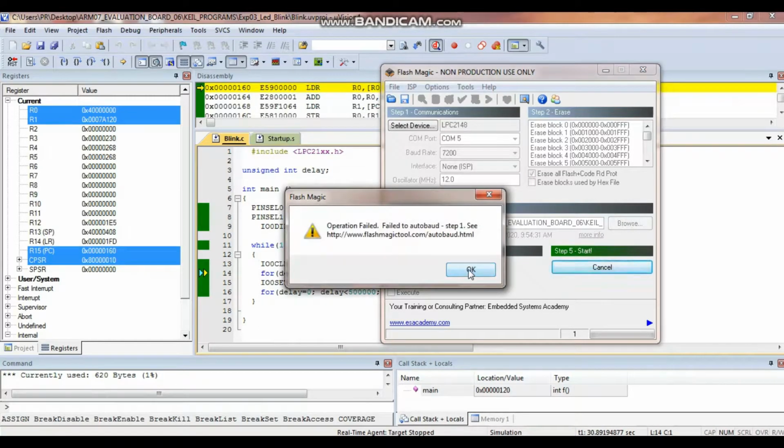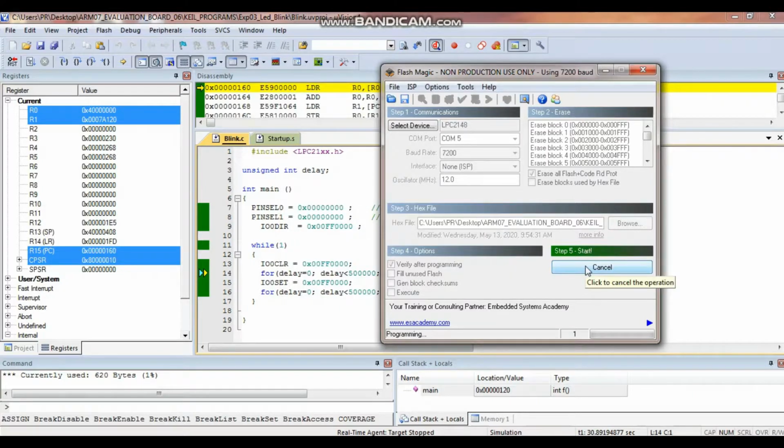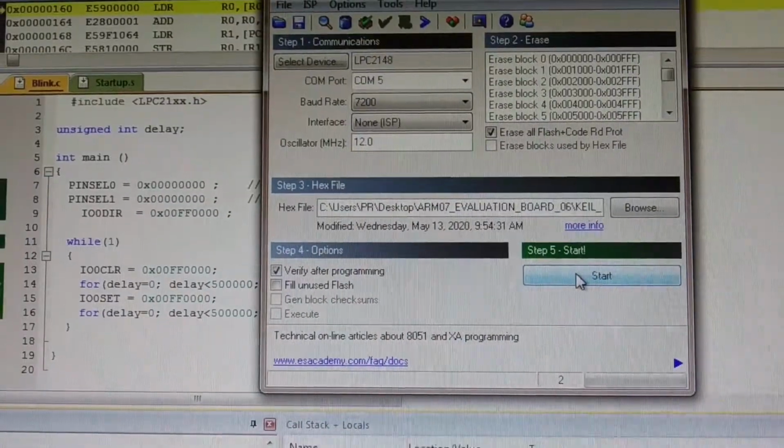Okay, now something like this is coming, maybe some jumper issues. So I will solve that issue first. Now your board is reset. Okay, so let us see once again by dumping the code. Now I'm able to dump the code onto my board. So let us check whether I'm getting the result. Okay, we have just dumped the code onto the board.